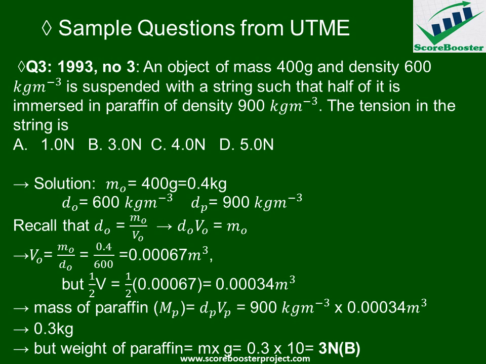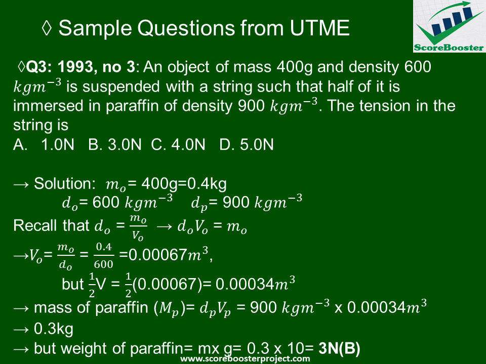Then we can make pho, the volume of the object, the subject of the formula by dividing through by the density dO to get pho equals mo over dO. Then if we substitute for that, the volume of the object pho will be mo, which is 0.4, divided by dO, which is 600, and that will give us